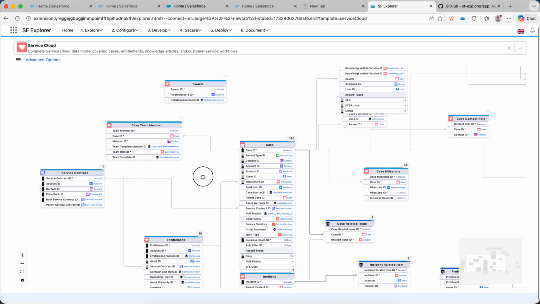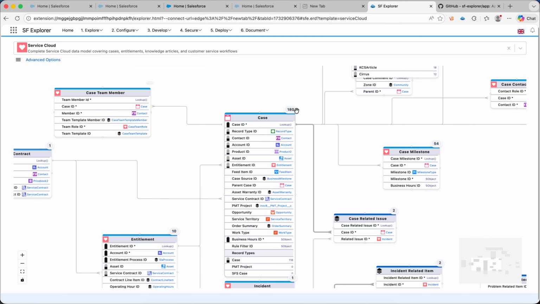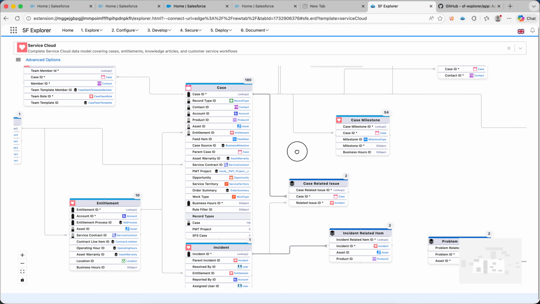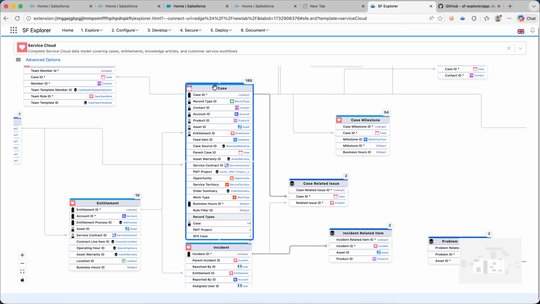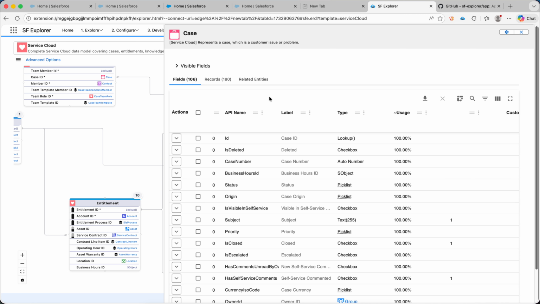What's specific with this compared to a traditional tool is this is actually connected to your org, right, within the tool. So as you can see, you can have the number of records, sorry, for each of those objects. So here I have 180 cases. And here, you can see actual relationships to the object. You can either dig into a given object to see, for example, what are the actual records associated to this, export the fields